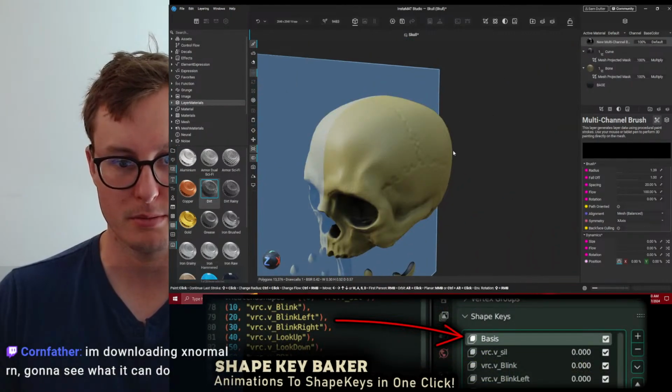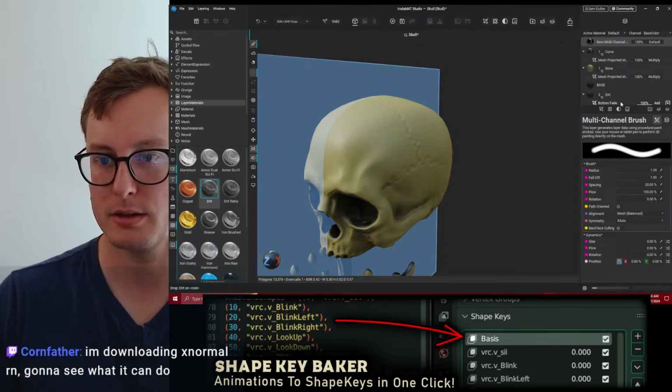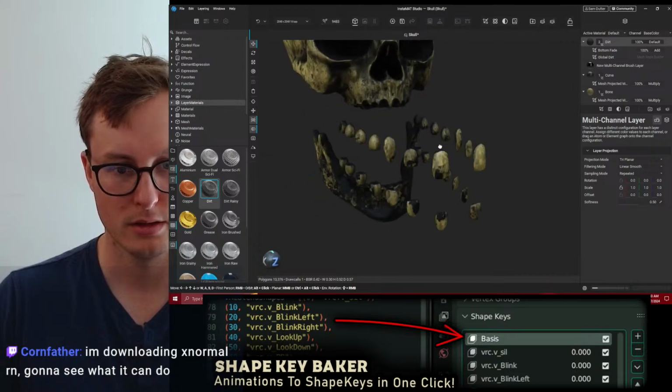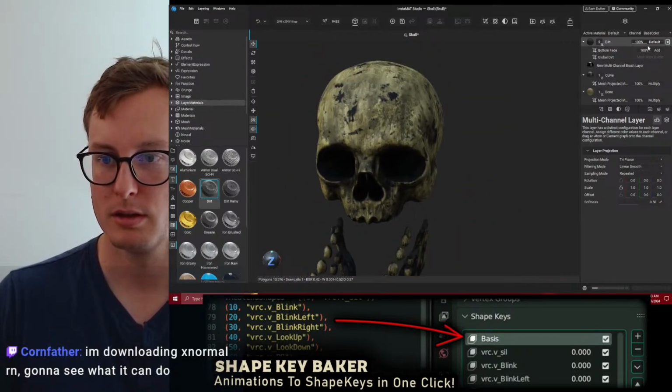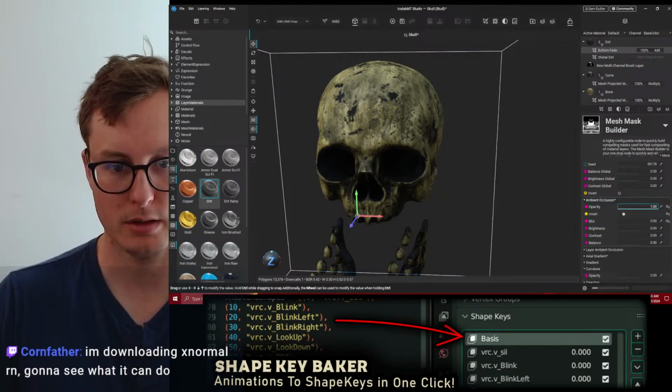Oh, interesting. That did it per mesh island. Here. Bottom fade, which is using our ambient occlusion.